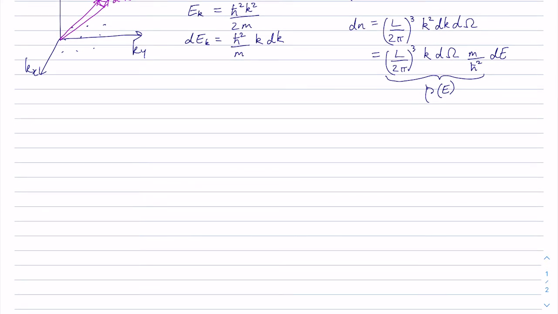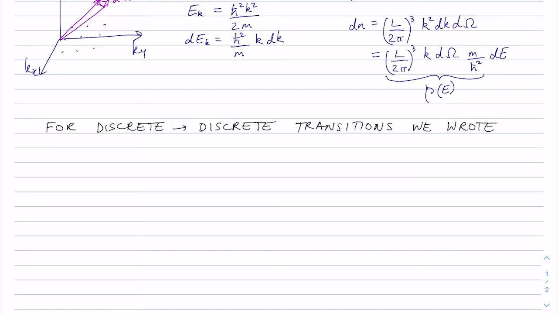So last time, for discrete to discrete transitions, we wrote the expression for the probability of going from state A to the state B as a function of time. And that ended up being something like sine squared omega t. So let's just remind ourselves of that. It looks something like